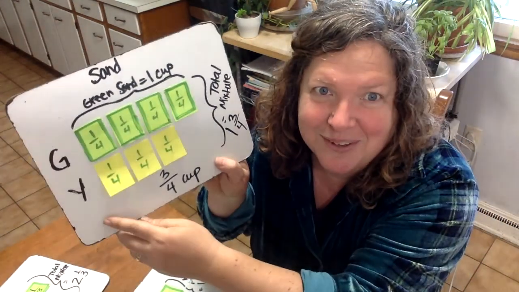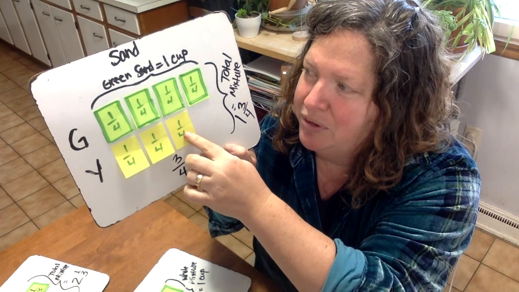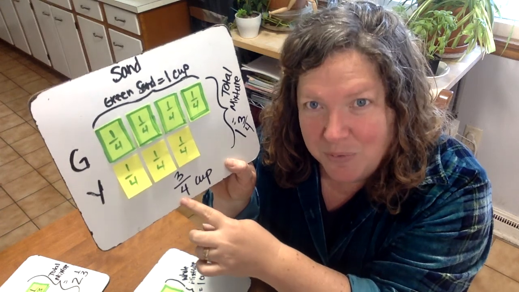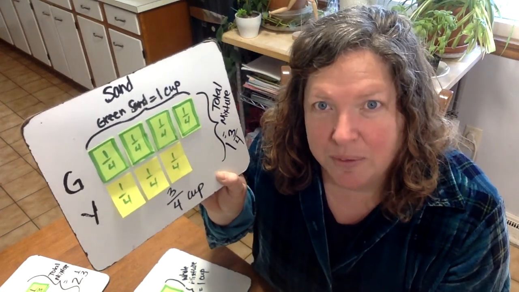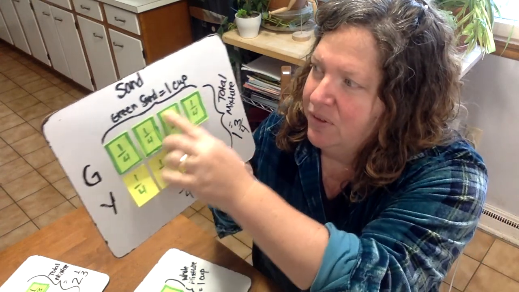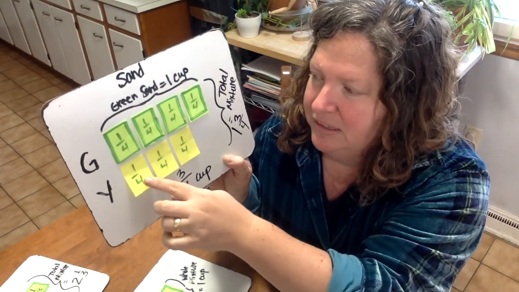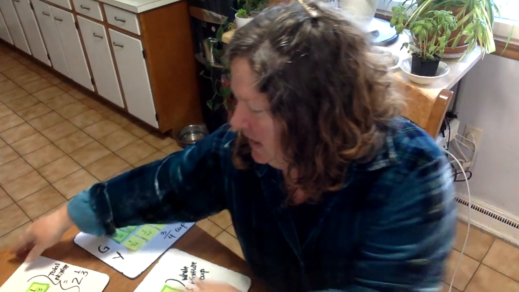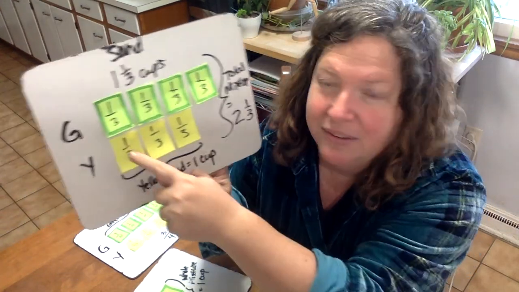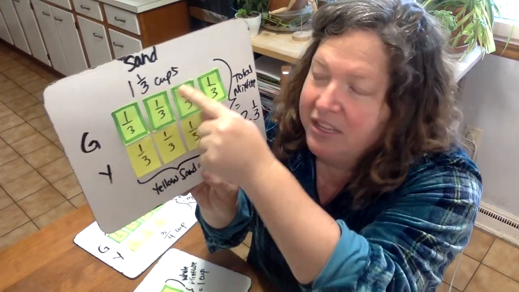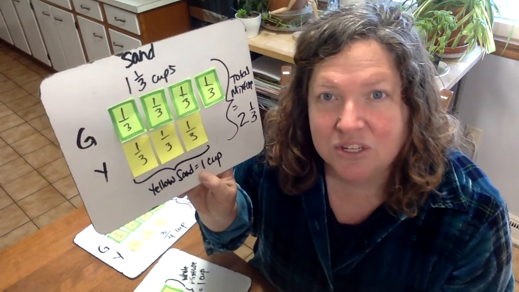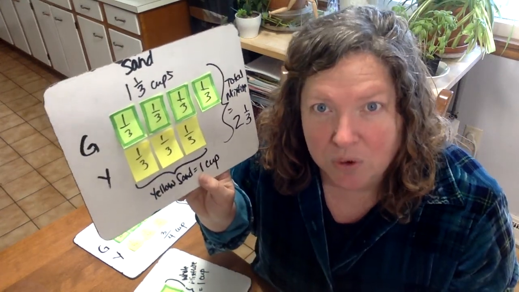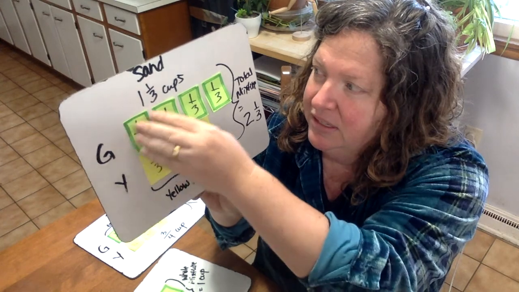The last one, we said the yellow sand was 3/4 times the green. Look at that. That's why they want us to change the size of the whole, to talk about which one is the whole. If the green sand is the whole, it's 1 cup. The yellow sand is 3/4 times that because it's smaller. If the yellow sand is the whole, they tell us to talk about that the green sand is 1 1/3 times as much because it's more. So the number has to be more than one, because if this is the whole, this is more than that. So it's